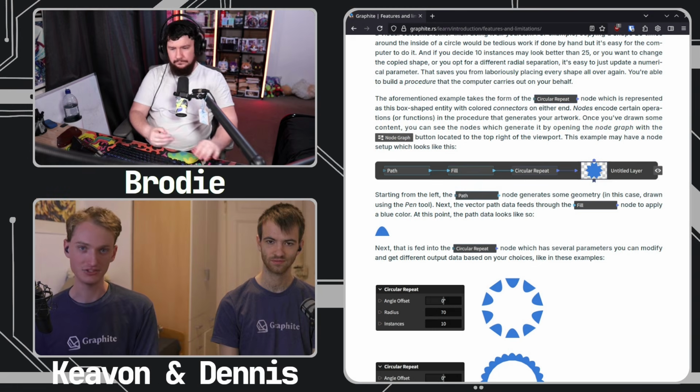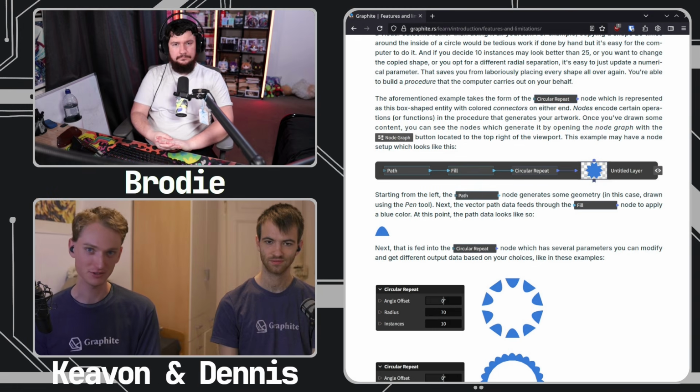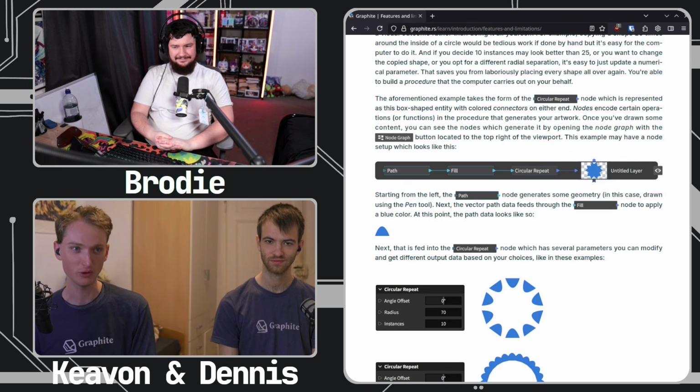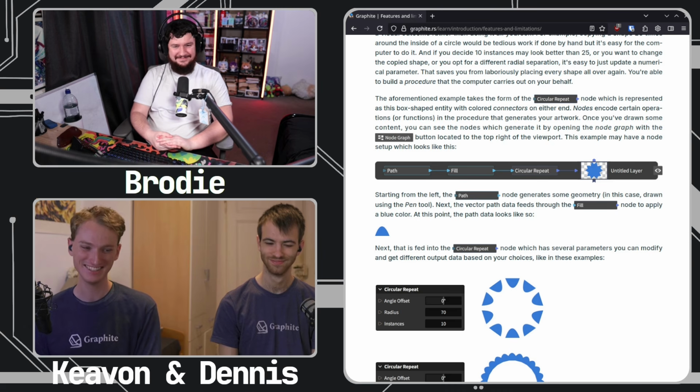So the idea I thought of seemed really obvious to me: can we take the ideas from 3D, which is node-based generation that allows you to make non-destructive editing the core idea of the workflow, and put it into the 2D context? And no one's done that. I have no idea why. I guess the answer is that we're finding out here. We knew it would be hard, but we're finding out that it is even harder than we thought, which we thought would be quite hard.